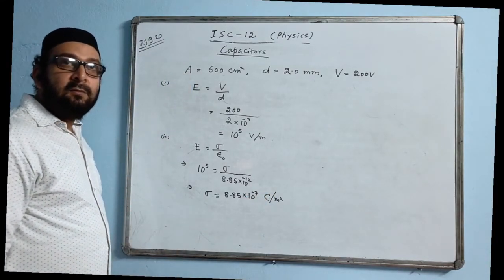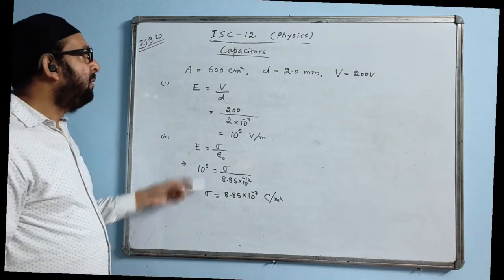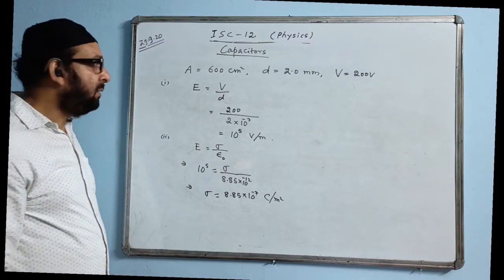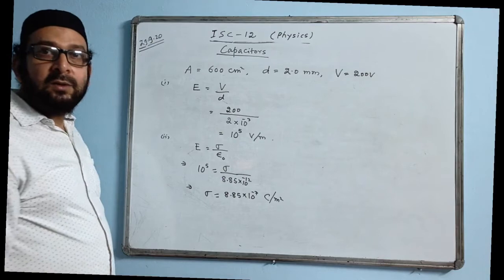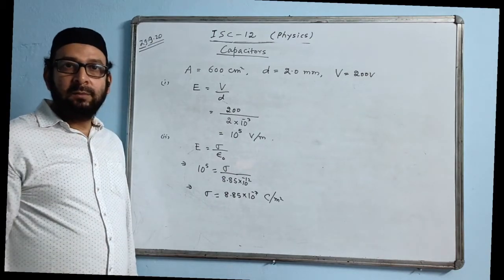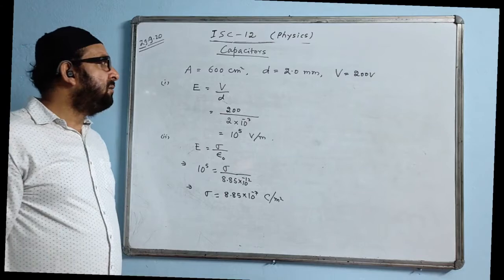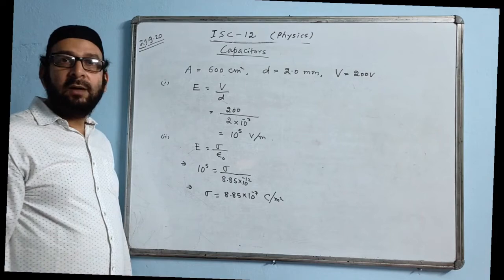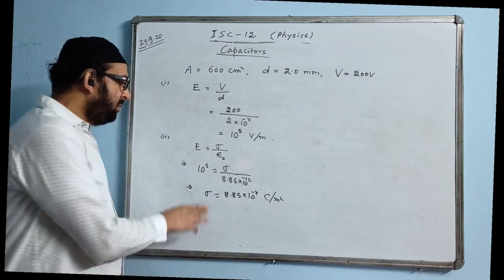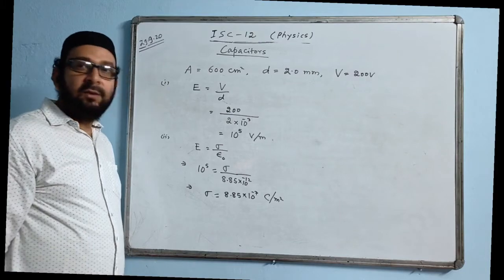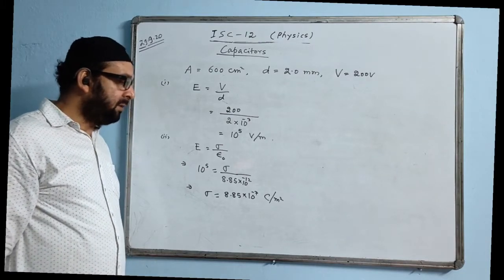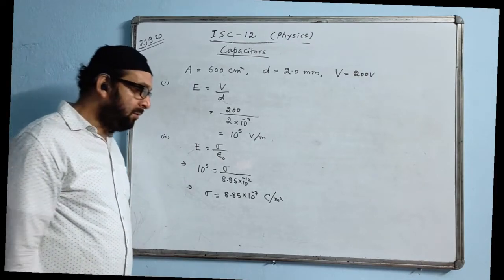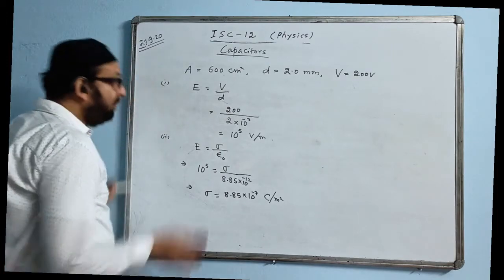That is the answer. So one thing you will notice in this problem, this A we never used anywhere. It was not applicable in the formula or in the solution. Sometimes they give extra information, and that information will be given just to create confusion in your mind. So it may not be required while working out the problem. So the value of sigma is 8.85 into 10 to the power of minus 7 Coulomb per meter square. So this information of A is not required to do this problem. We have been given it as extra information.